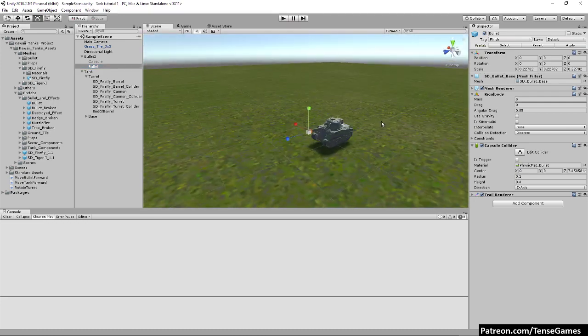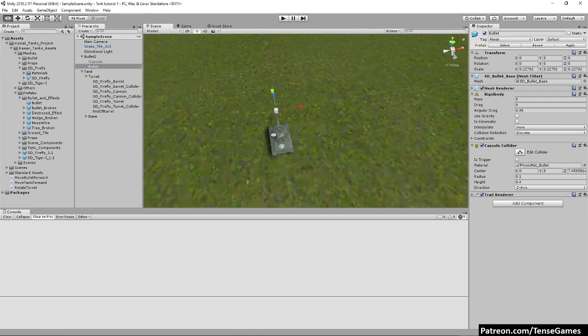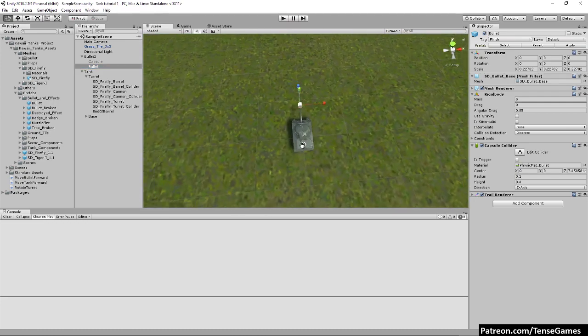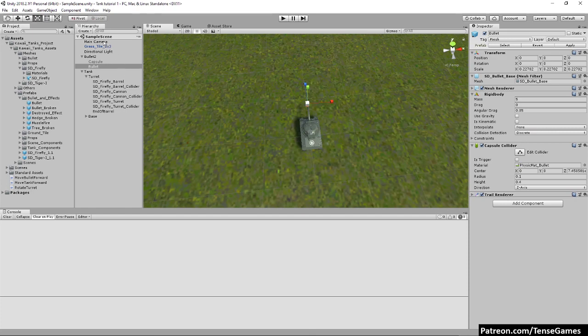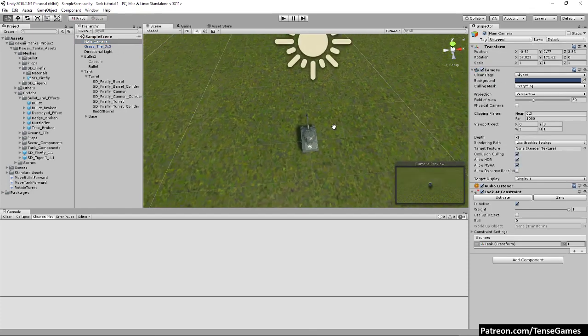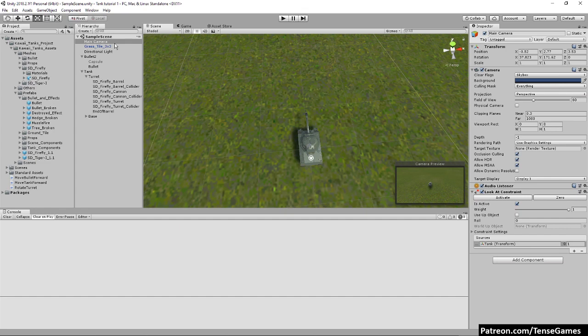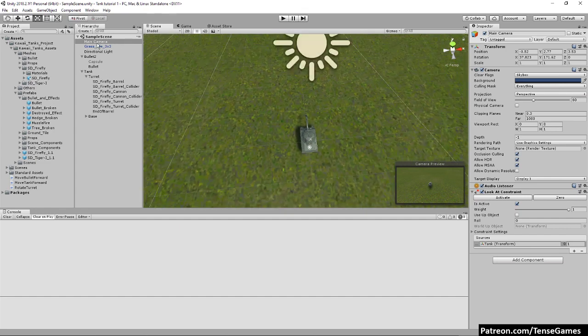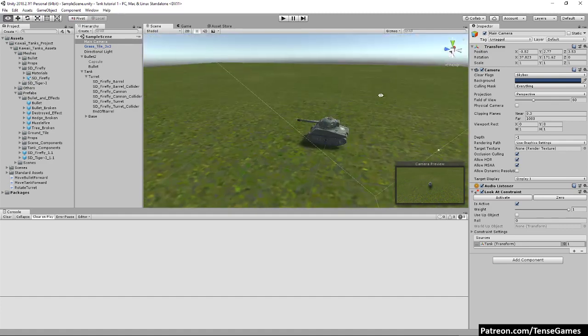Okay, what should we do first? Make sure the camera stays on the tank, yeah, let's do that first, because otherwise we can't really control it properly. What we're gonna do now is, okay, there's two ways to do this. First, we could add a script to the main camera that says, okay, take the position of the tank, go above it, then look straight down. Or we could just drag the camera into the tank,